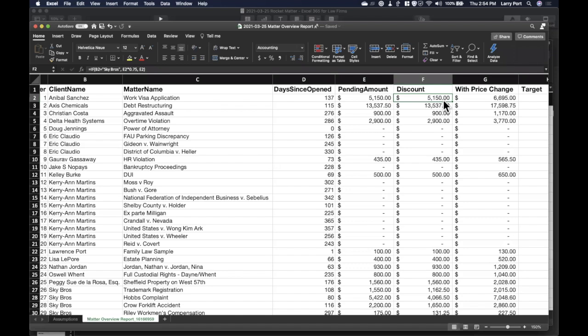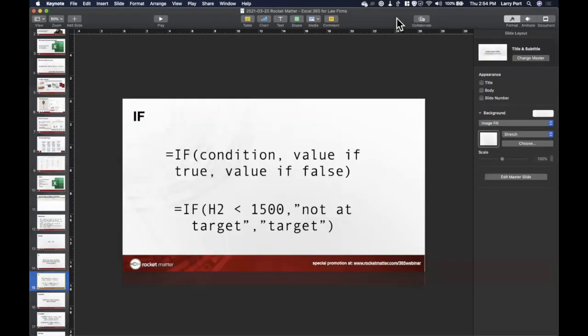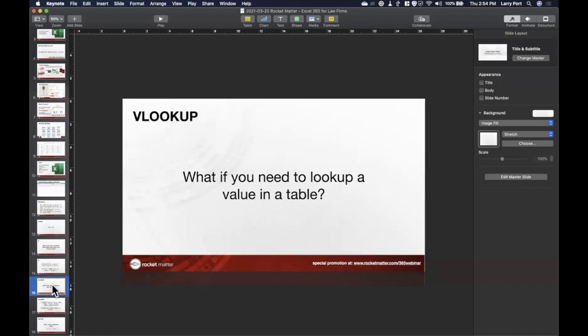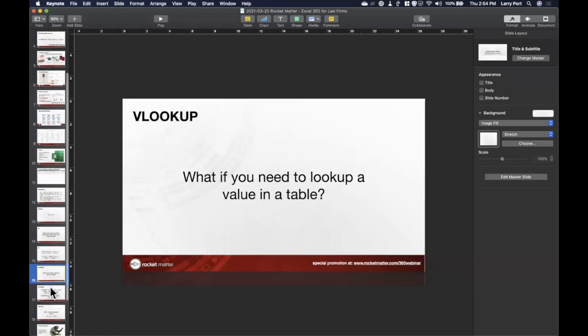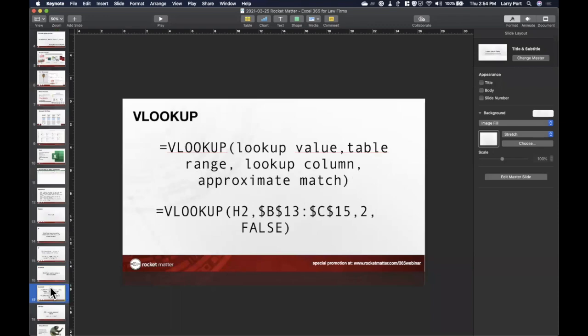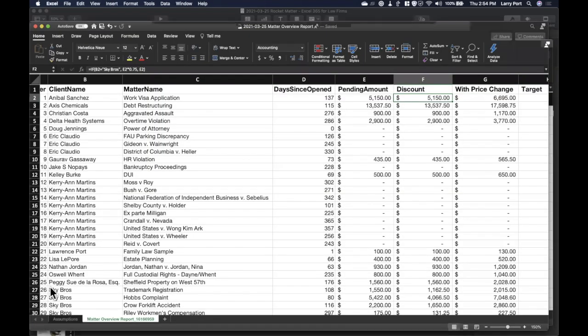So I didn't really get to the VLOOKUP, but I'm going to give you a sense of what it is and what it does. I'm not going to get a chance to really explain it, but basically the whole idea is what if you needed to look up values in a table, and I'll show you an example spreadsheet of what it does, right?